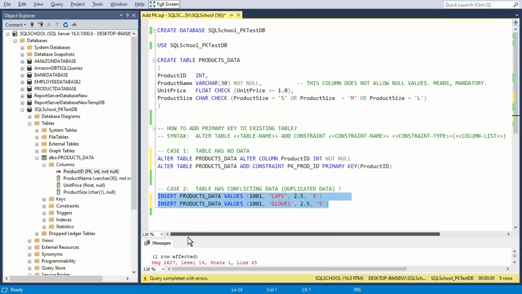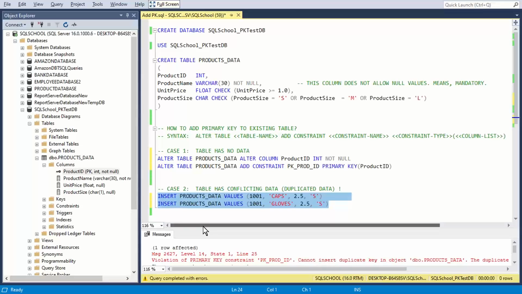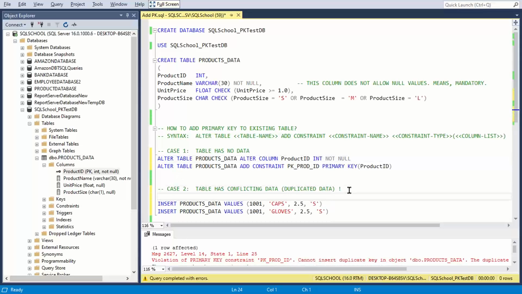Now let's have a look at the things carefully. Here we go. Primary key violation, because we already added the primary key. But what's our requirement? How to add a primary key to an existing table if data already exists, conflicting data exists. So to test it, what I do is drop constraint name.